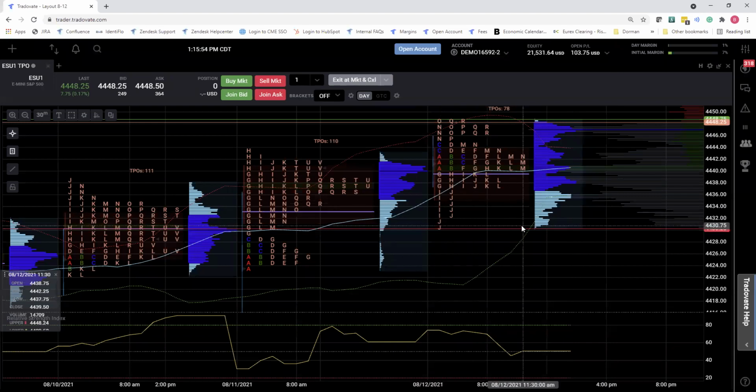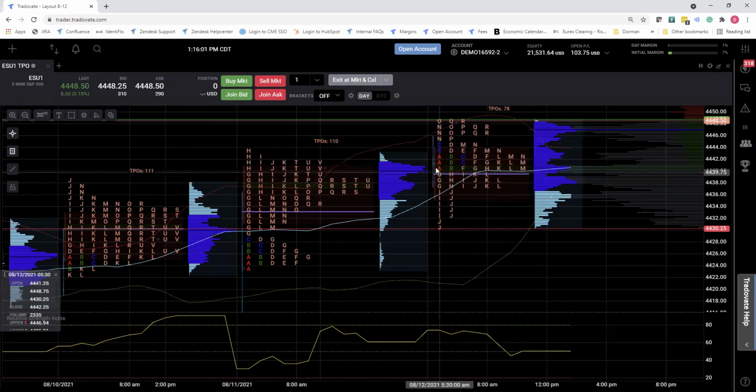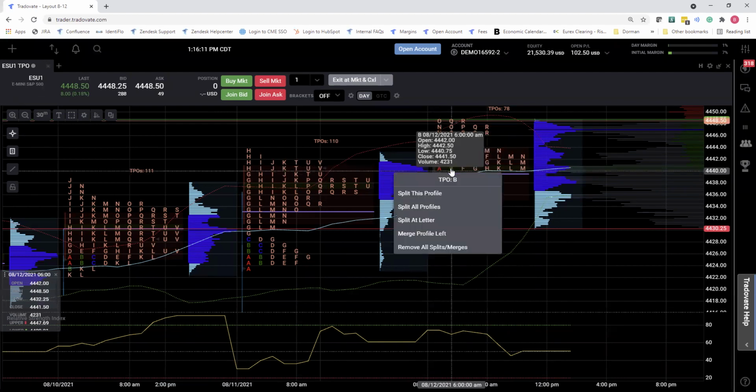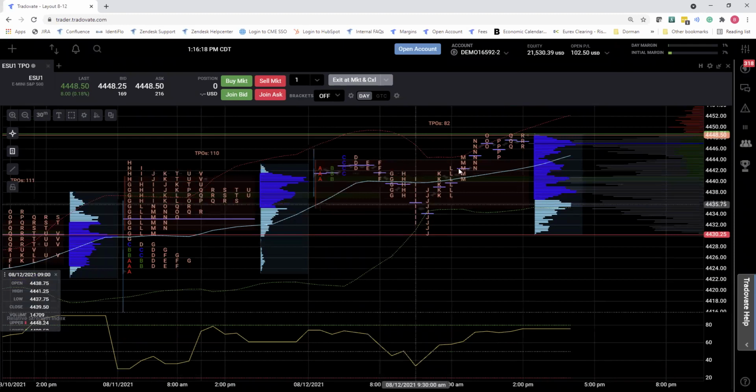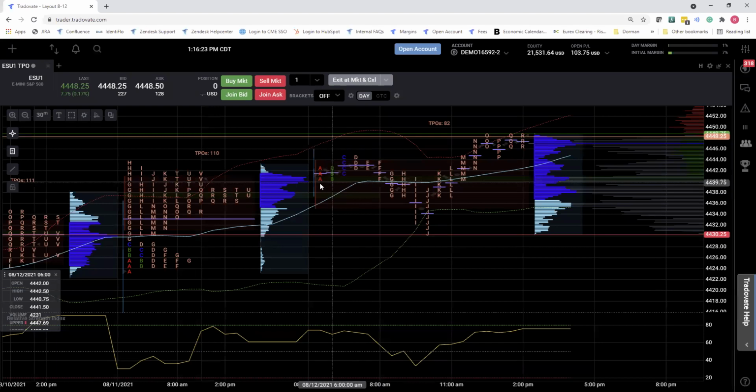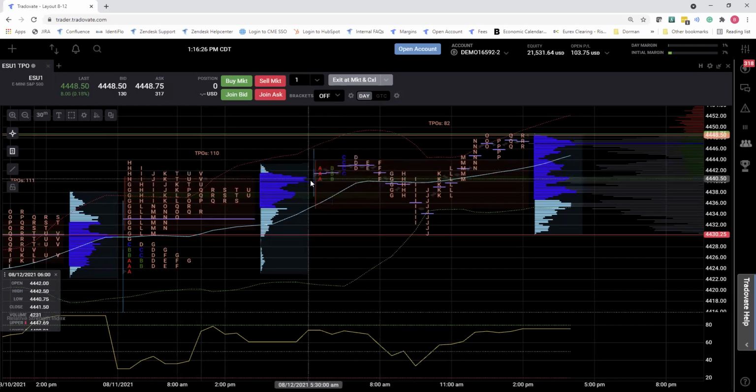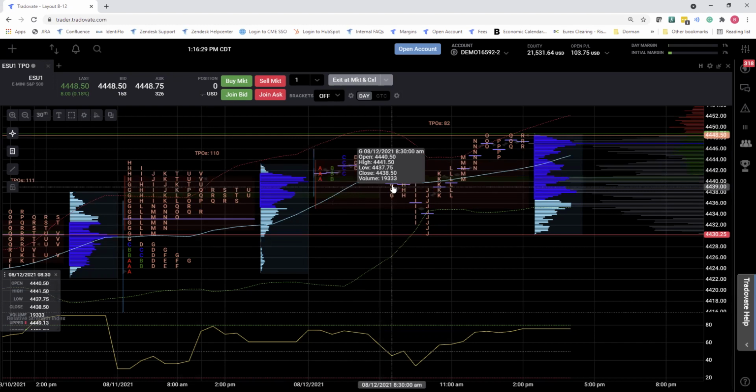But I just wanted to mention that we have them, and just the basics of this is it's always a 30-minute time frame that's used, and you can see each letter is like a 30-minute block of time. So every time 30 minutes passes, you'll get a new letter. If you left click on this TPO chart, you'll see you have the ability to do a few things like splitting this profile. If I do that, it becomes more like a classical candlestick bar chart, where you can see every 30 minutes you have a letter. It tells you where the price has been traded. And when you collapse that,